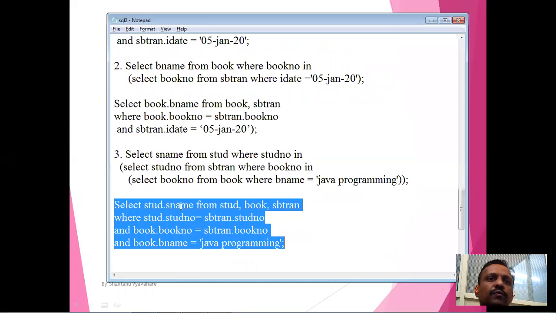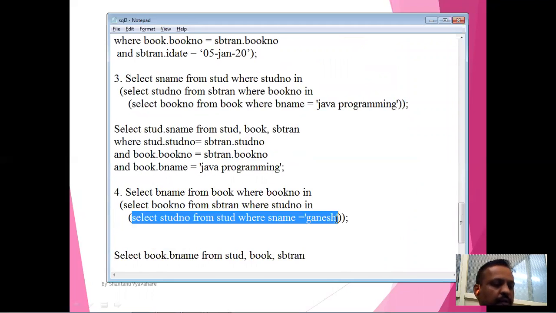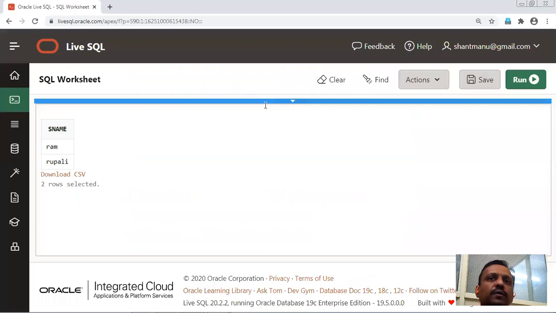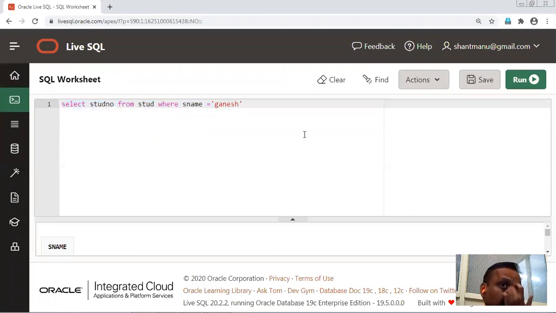So for that purpose, what do you require? Let's see the inner query first, for Ganesh. You will get the student number of Ganesh. What is the student number of Ganesh? 3.